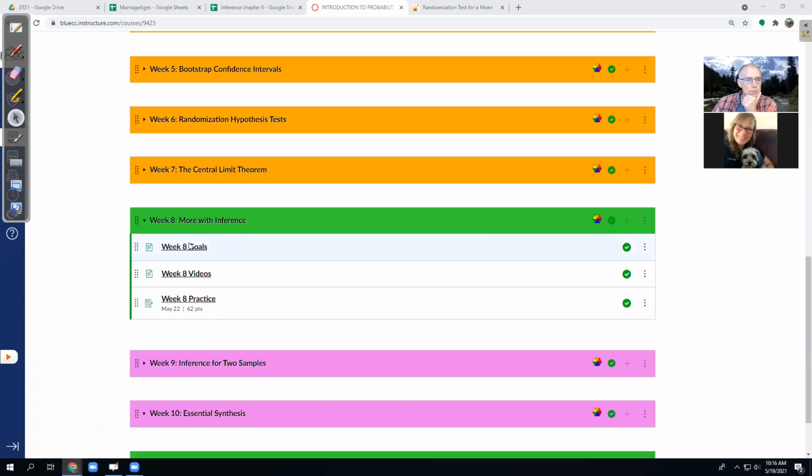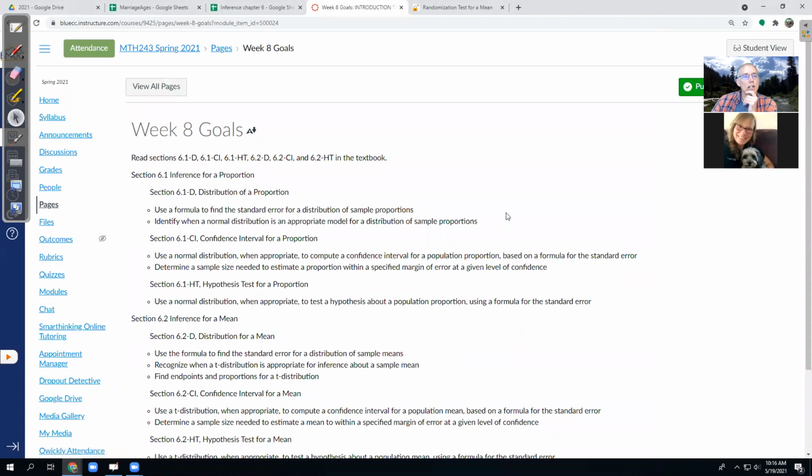So as far as the goals for this week, last class, we looked into what's the distribution of a proportion, how does the central limit theorem help us describe it? And then we tried to use that to make some confidence intervals, and we did a hypothesis test. And we only got to one hypothesis test last time for a proportion, so this time I'm going to do